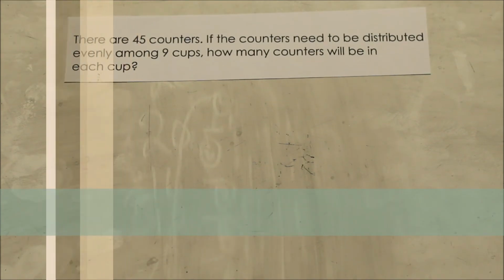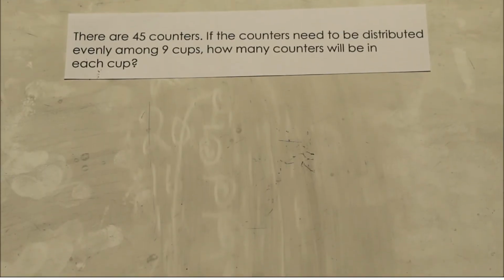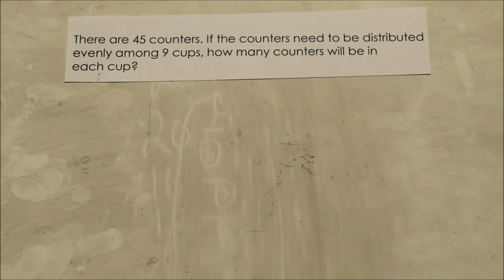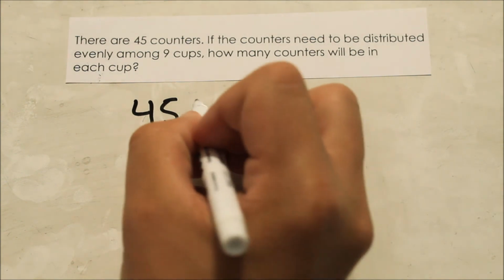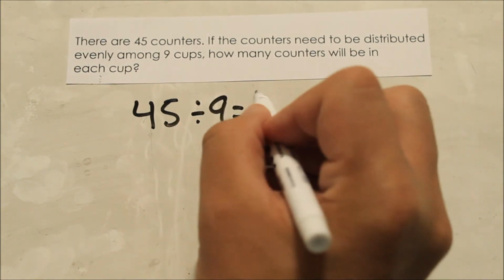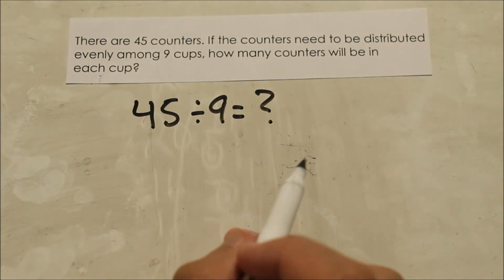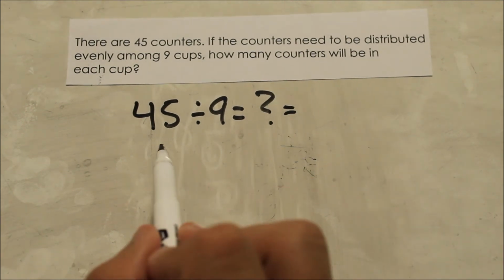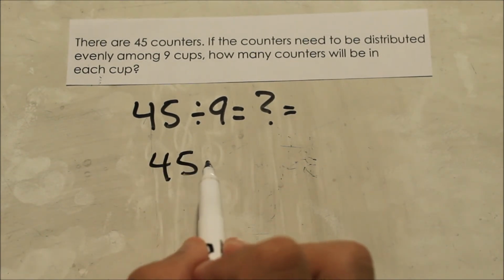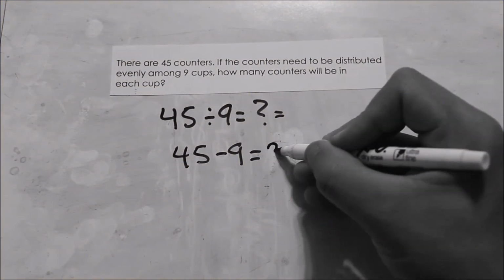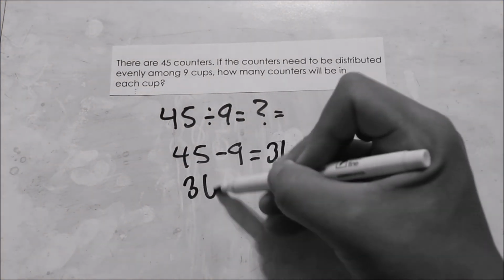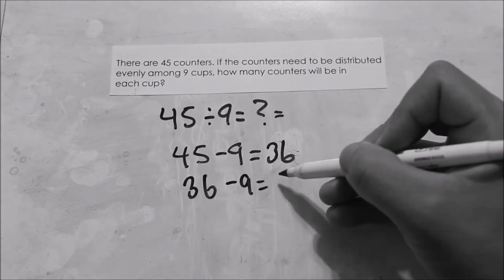Check back in and see if you got the right answer. We know that there's 45 counters being distributed evenly among 9 cups. So I start off with 45 divided by 9. That gives me my question mark. In order to find out what my question mark is, I need to do 45 minus 9 until I get to 0. 45 minus 9 gives me 36. 36 minus 9 gives me